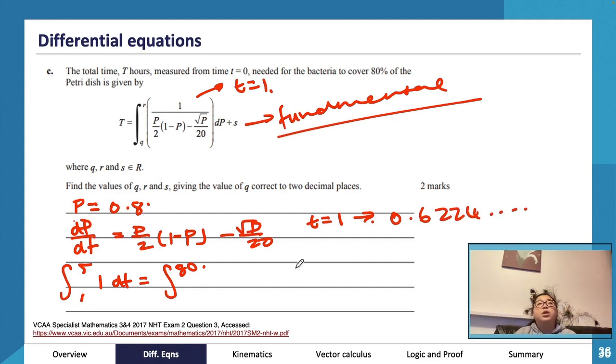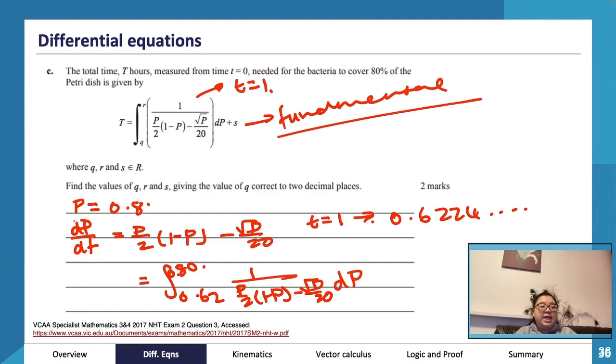And we know that's going to be 0.62245... So therefore this one here is going to be 0.26, so this is 0.8, 0.26, and this is 2 decimal places, so 0.62, and then we're going to have 1 over p over 2, 1 minus p minus root p over 20 dp, right? And then if we were to undo this one, we can rub out that side so it's a bit cleaner,